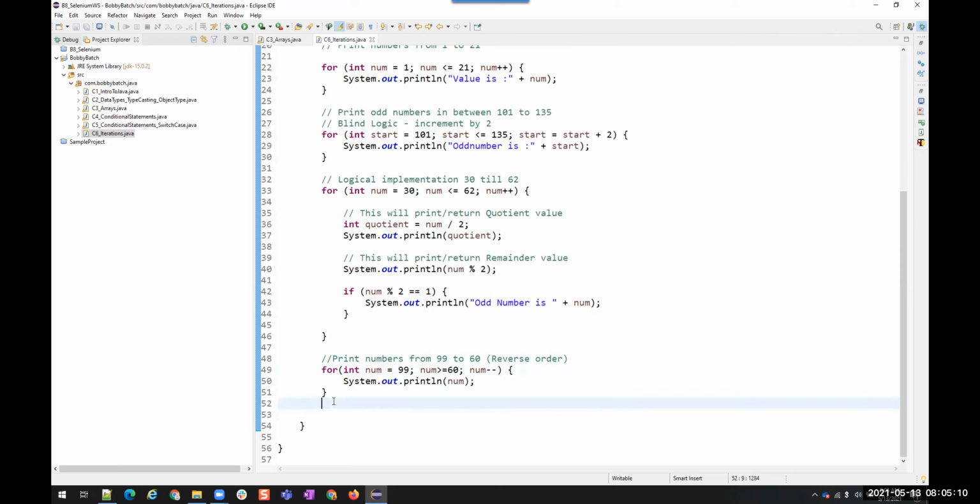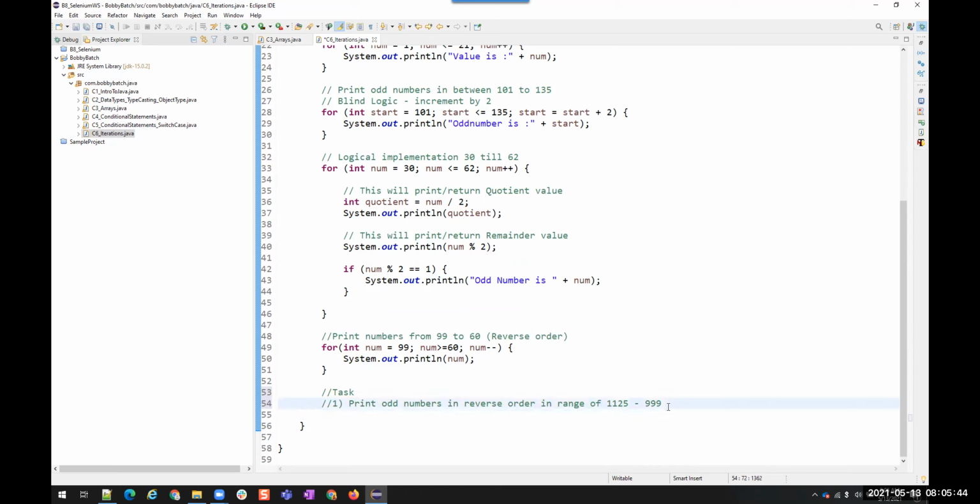All right. Now a task for you. Task one is print odd numbers in reverse order in the range of 1125 to 999.